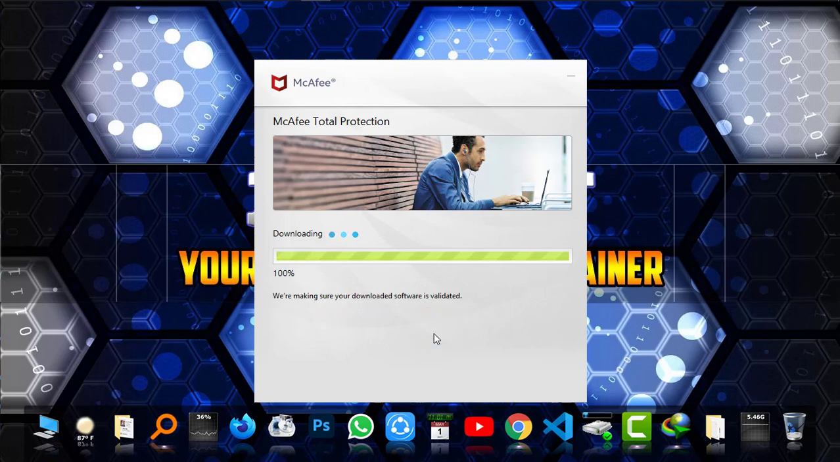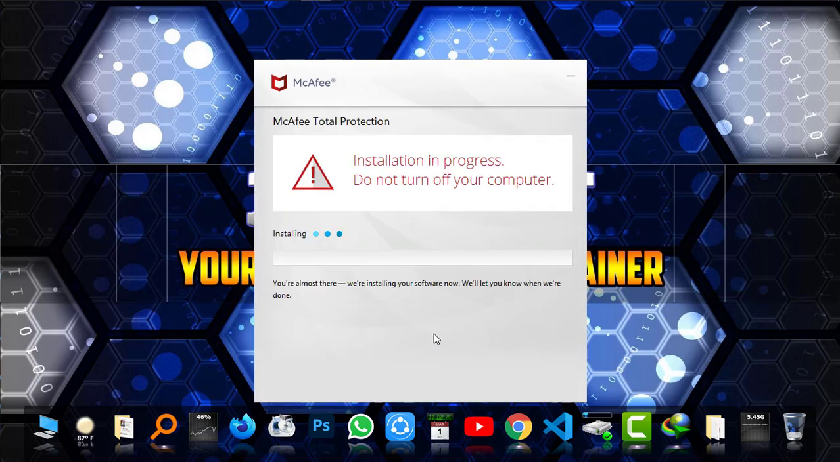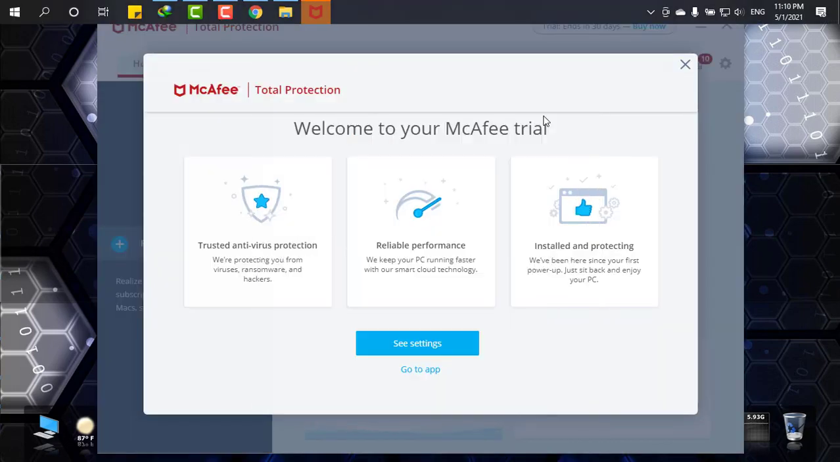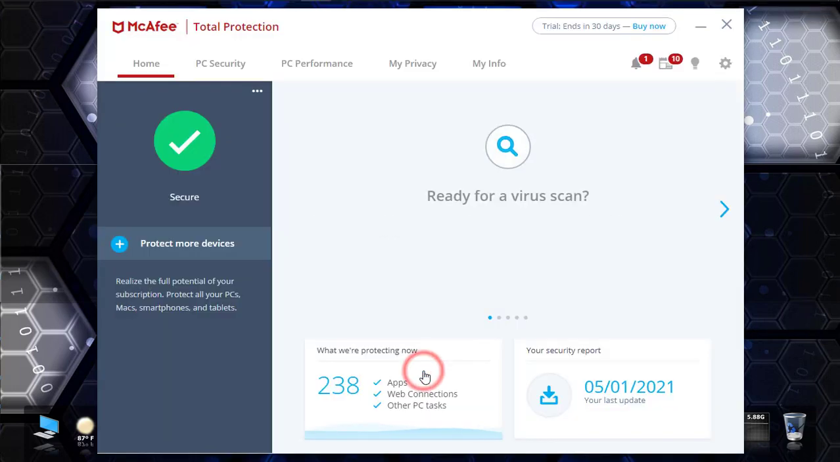Okay, it is most probably downloaded and just validating the software. Okay, now it is validated and installation is in progress and asking you not to turn off your computer, and I think you won't surely. Okay, and it's welcoming us, and simply click on go to app. Okay,